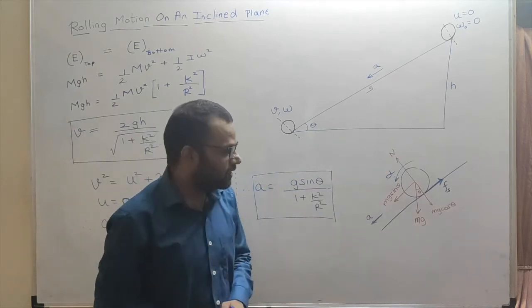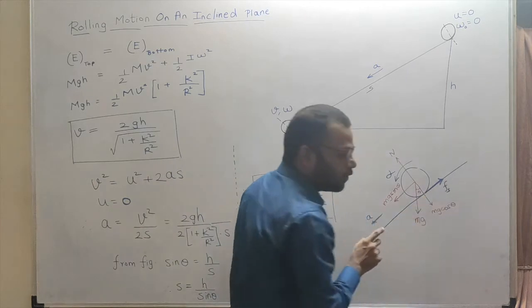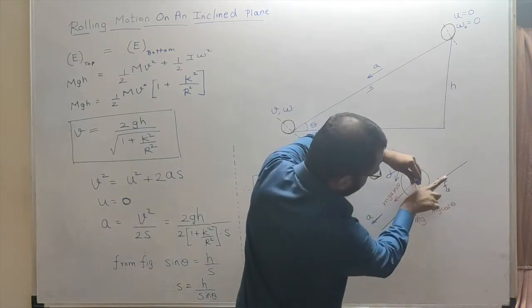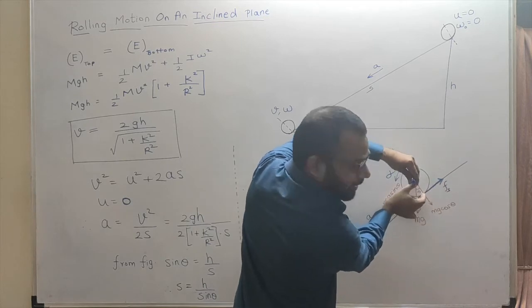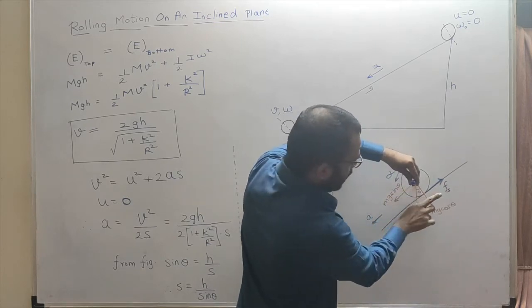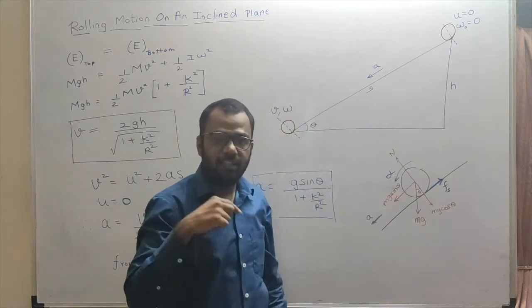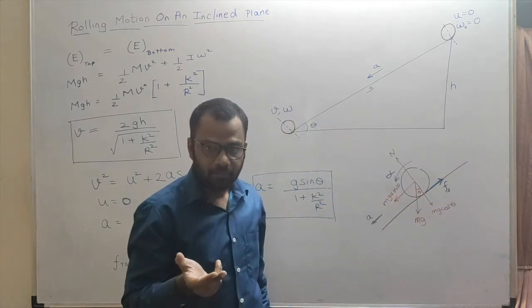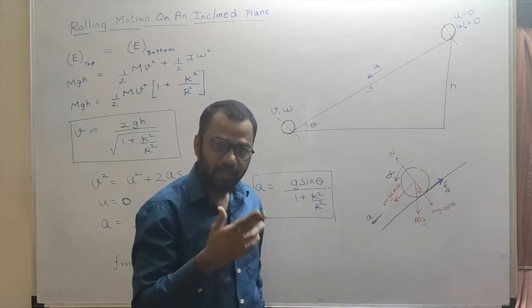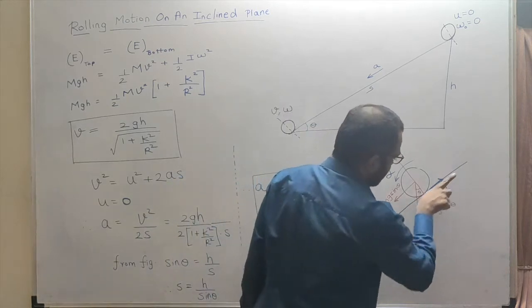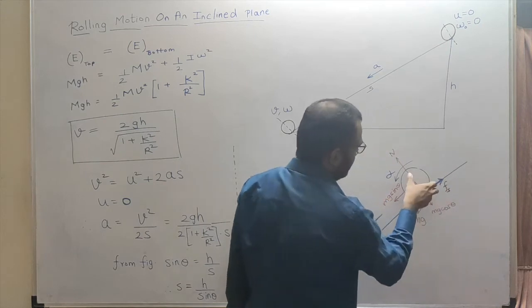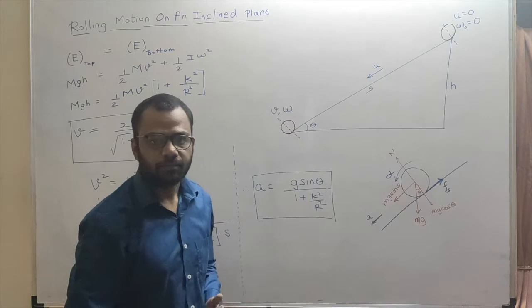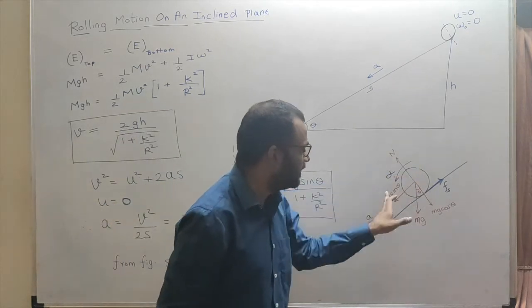So which force causes the torque on the object? It is the frictional force that causes torque on the object, because this is the axis of rotation, and this is the frictional force. The perpendicular distance is r, the radius of the object. So Fs into r will give us the torque, and torque is equal to I into alpha. And that causes angular acceleration. So it is because of this frictional force directed in this direction that this object is having angular acceleration as it is coming down, and hence I have shown the angular acceleration as alpha.